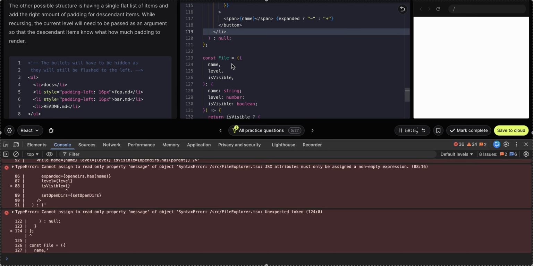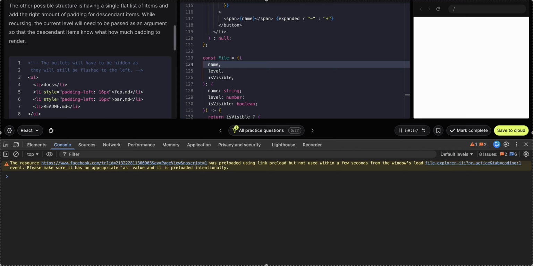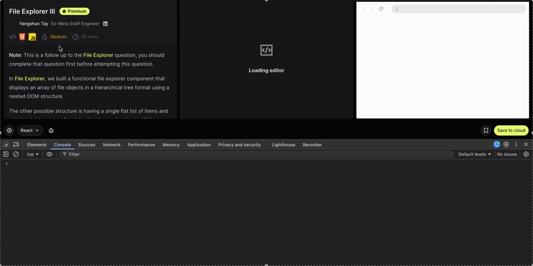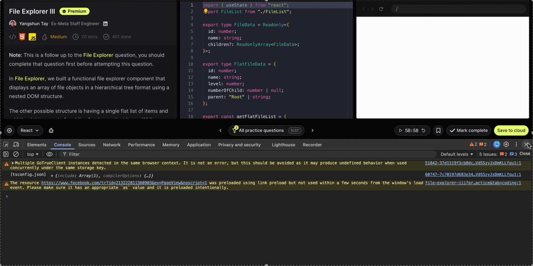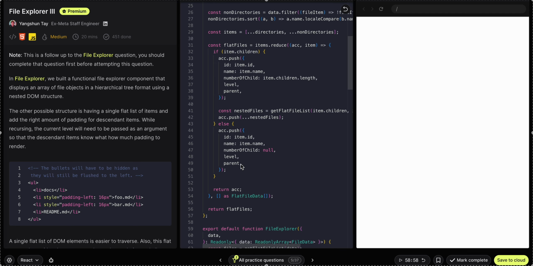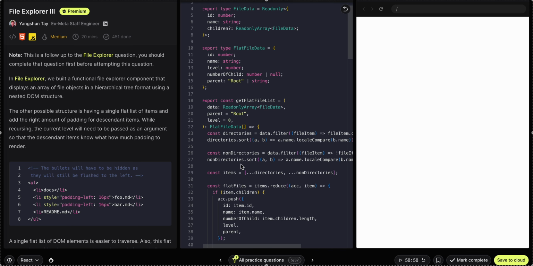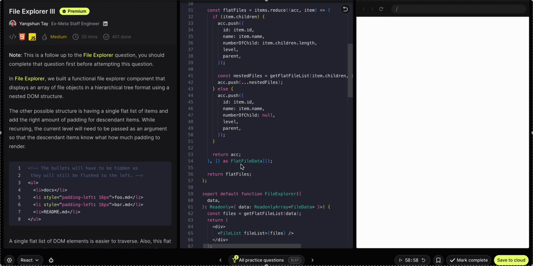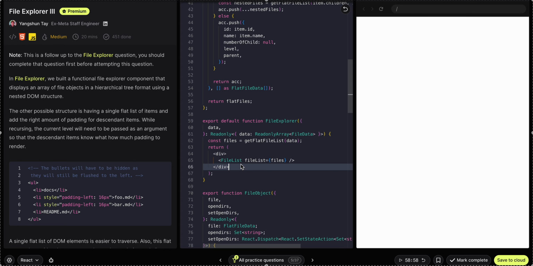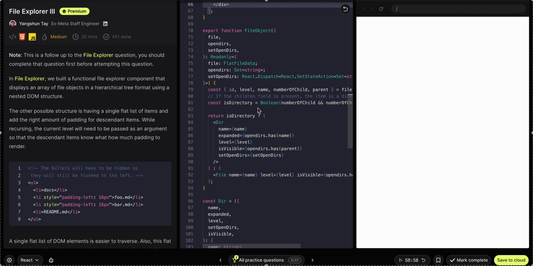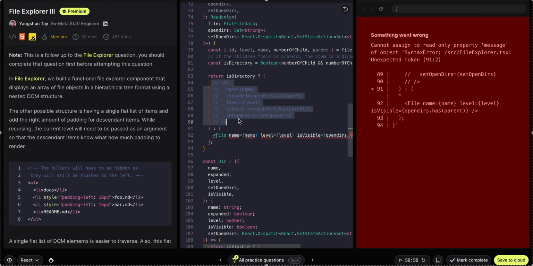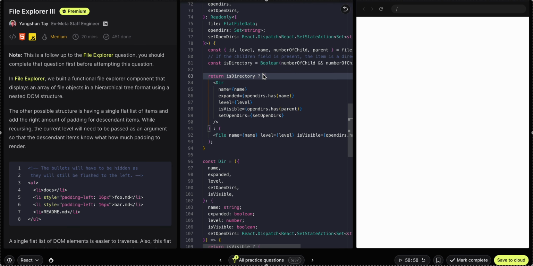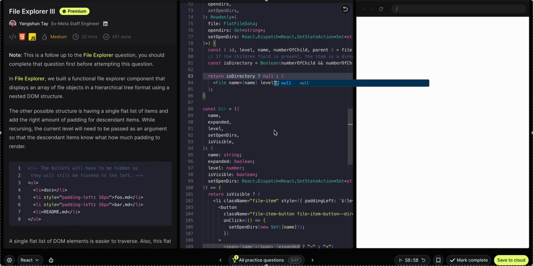No. This is not rendering anything. Okay. If I remove this one and I remove to null, let's say, is it going to